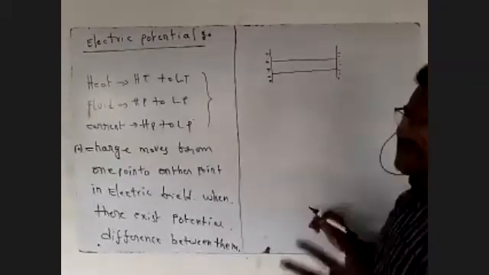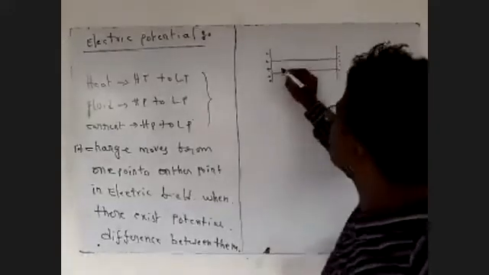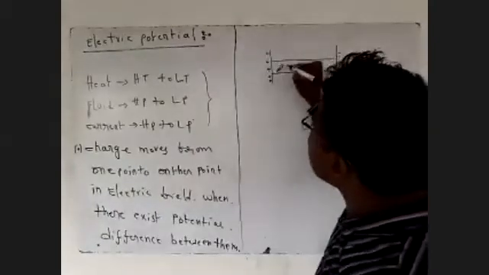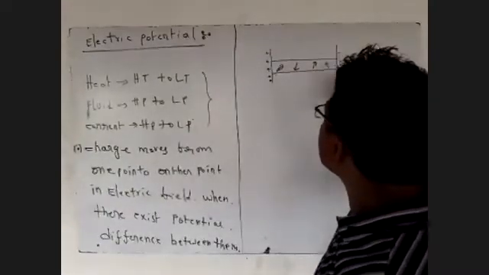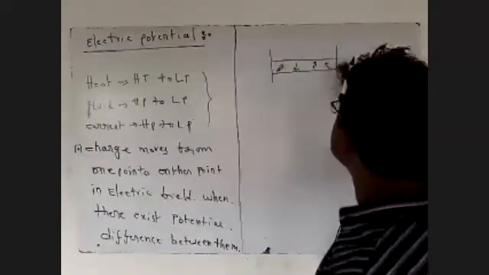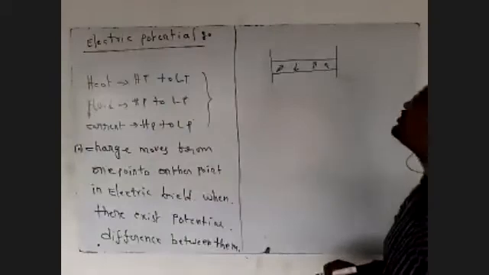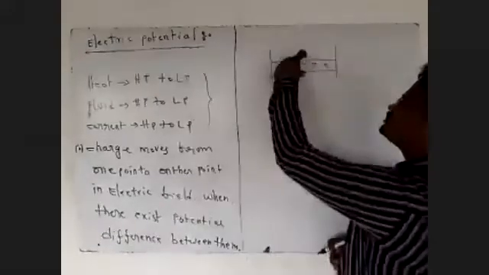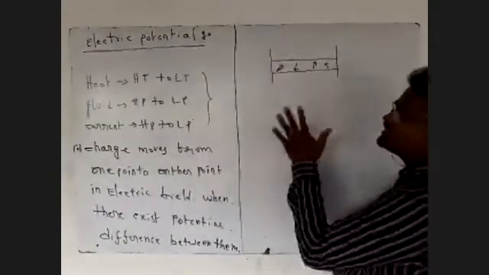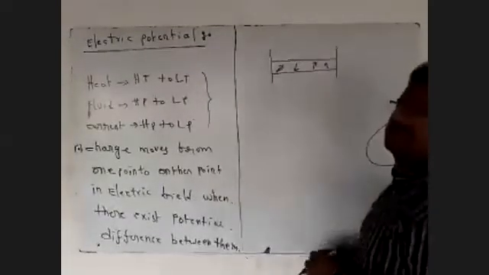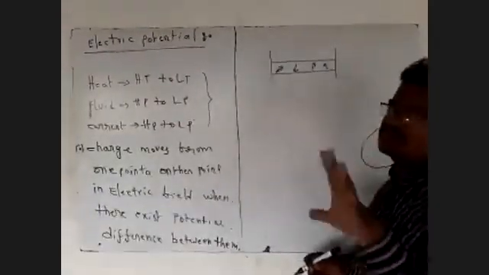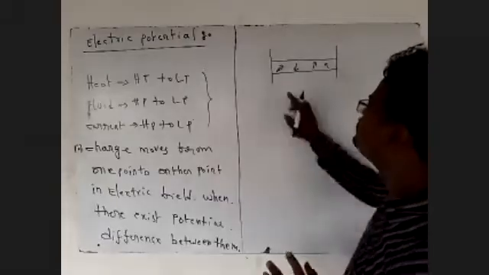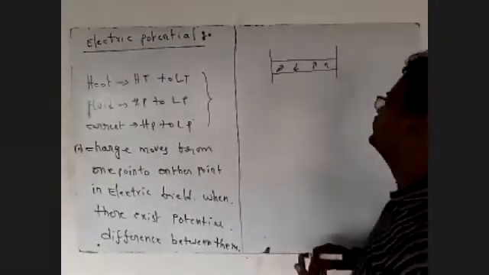This electrical wire has a number of electrons and protons. Suppose these are electrons. Before the battery is connected, this is the position of the electrons: all electrons move in random directions. The wire is a solid body, so inside only electrons are moving in random directions, while positive charges are fixed in particular places.